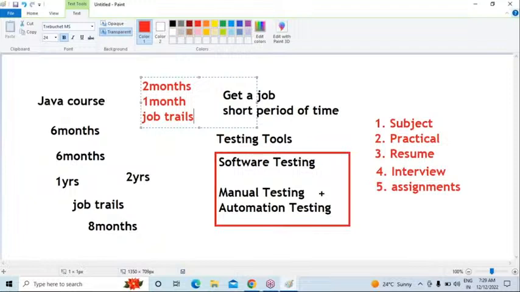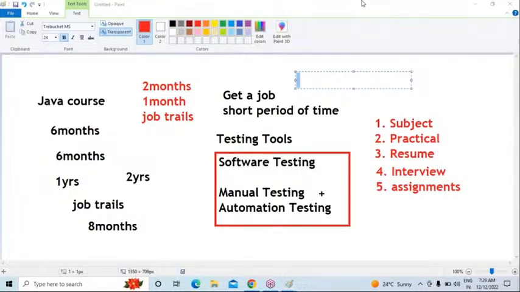So to get a job, we require the subject knowledge and the practical knowledge. So we need to do some real-time assignments, how the testing is carried out, and we have to prepare our resume. We need to maintain some keywords in that. Then we have to focus on the interview skills, how we will crack the interview. And then, there is a boom for the testing